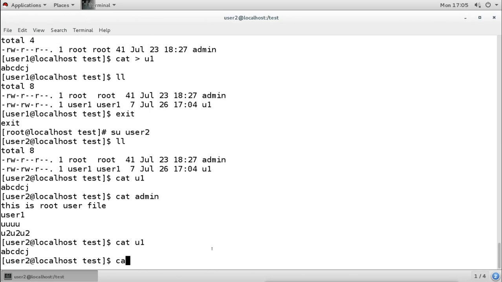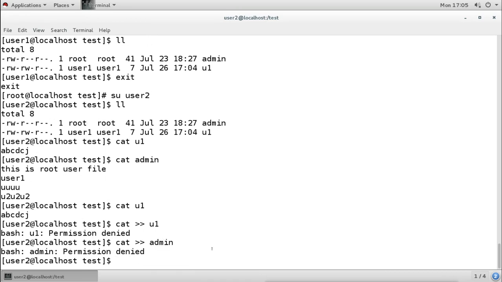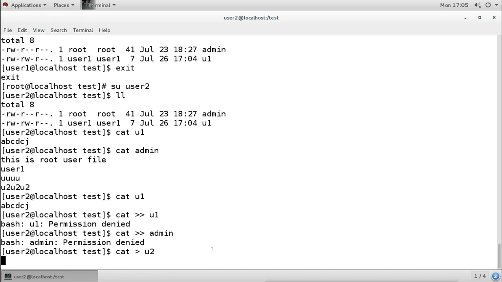Now if it tries to edit the file of user 1, it cannot, or if it tries to edit the file of the administrator, it cannot do that, but it can create its own file.